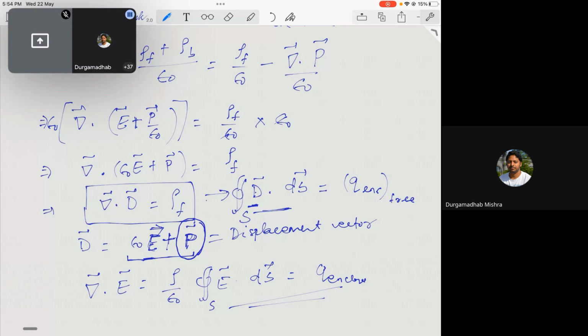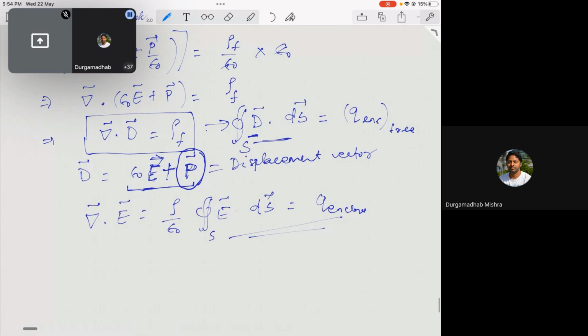The polarization can be different depending on the direction in which the electric field is applied, what kind of material is taken, and so on. So there is no simple answer to find the displacement vector. But if you take a linear dielectric material,